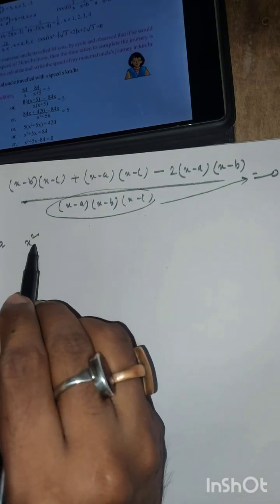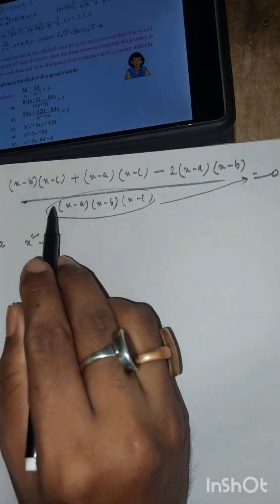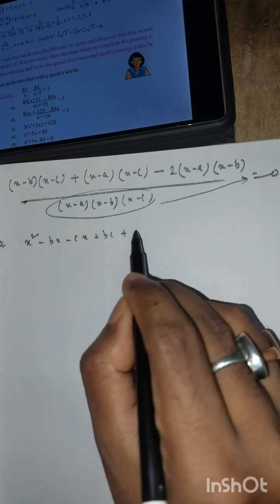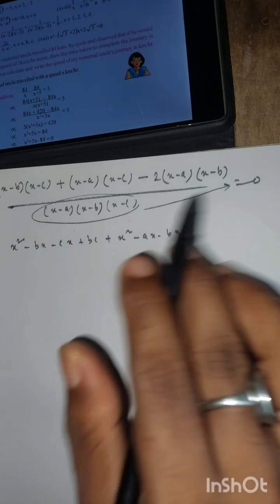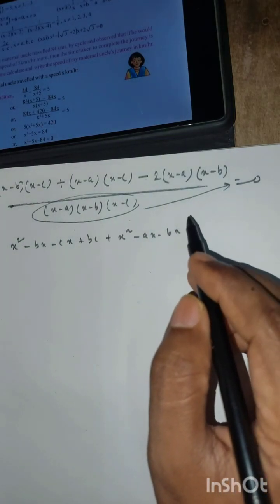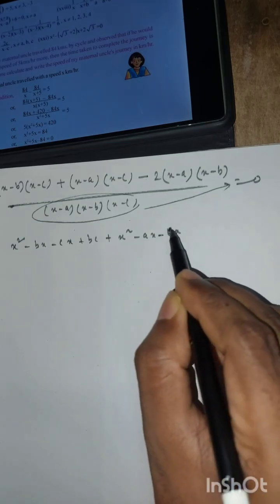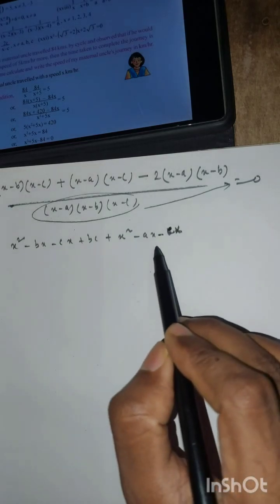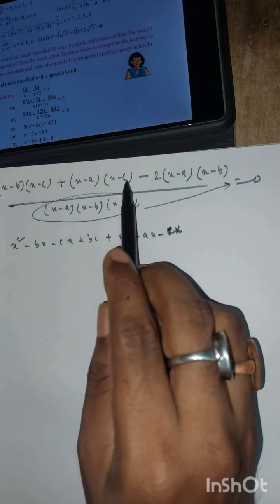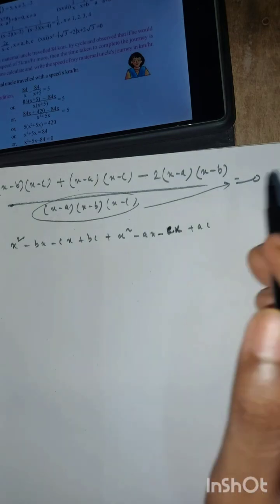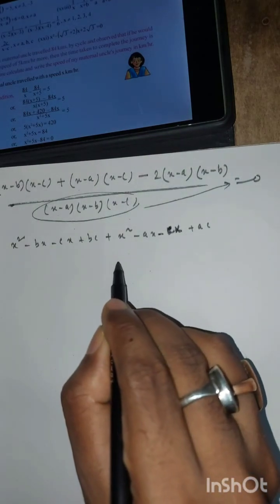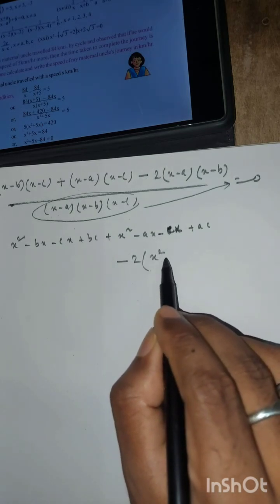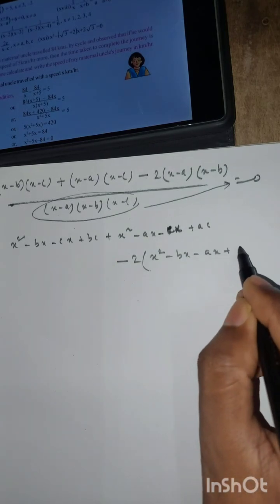x square minus bx, x square minus bx minus cx plus bc, plus x square minus ax minus bx, sorry, minus ax minus cx, x square minus ax minus cx, x square minus cx minus ax plus ac, plus, sorry, minus 2 into x square minus bx minus ax plus ab,